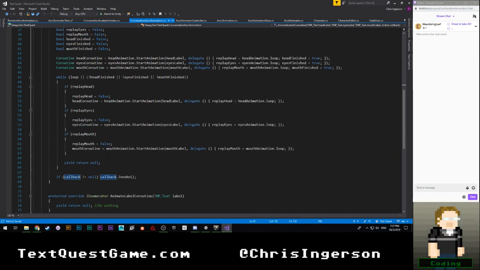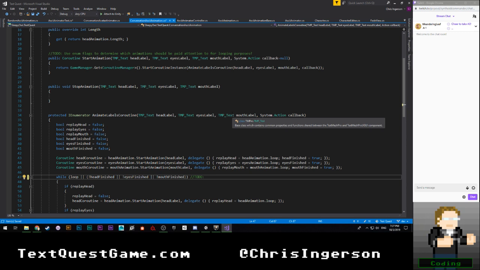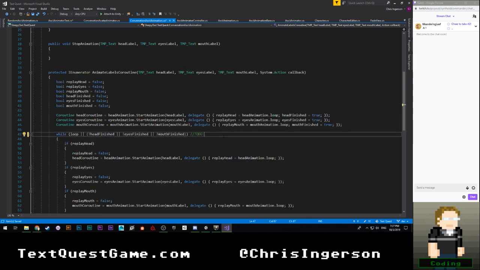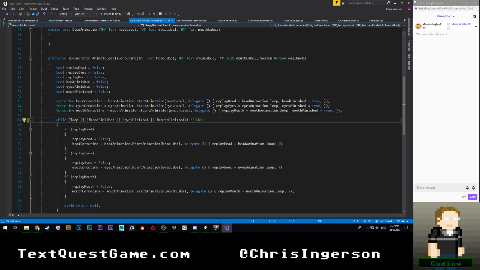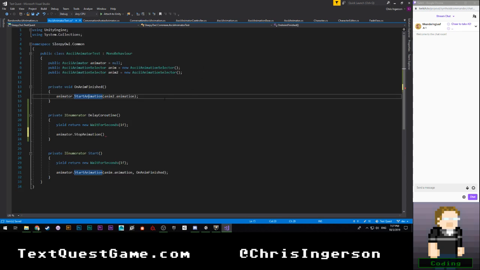I don't think this callback is actually invoked until we get to the bottom here, which is another thing that I wanted to do. I think I actually have that up here. Yeah, enum flags, basically passing in enum flags to determine what animations should be considered or should be used to determine when we should stop. I'm going to hold off on that for now. So as of right now, if this is set to loop, I don't think this ever actually ends until we manually terminate it, which is a little awkward, but if it's set to loop, that's probably what we want to do anyway.